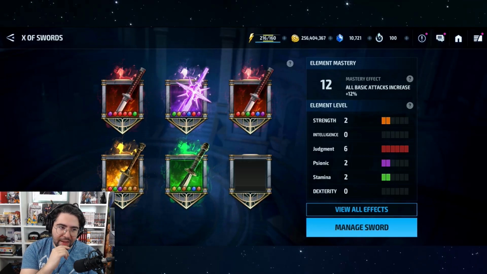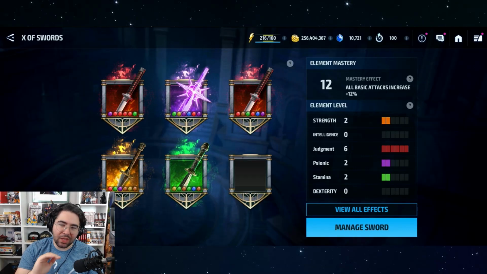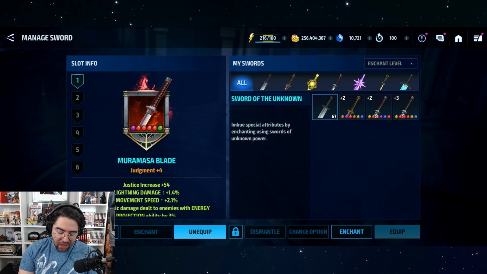So we're going to talk about that idea and that guide and that strategy very soon, but first I wanted to give a very brief explanation of what the X of Swords is. Again, this is not going to be a comprehensive guide, but I want to give you sort of the general idea. So the general idea with the X of Swords is that you take Swords of the Unknown, which are